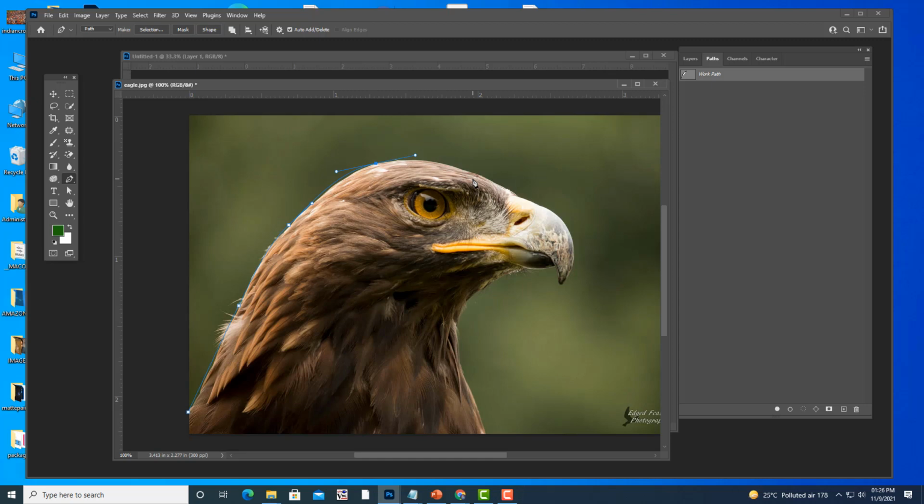Again, you have to use Alt, and then you have to make sure that the handle changes only on one side. Instead, what you can do is, in the beginning itself, while creating the path, you can create a one-sided handle. So how, I will tell you.